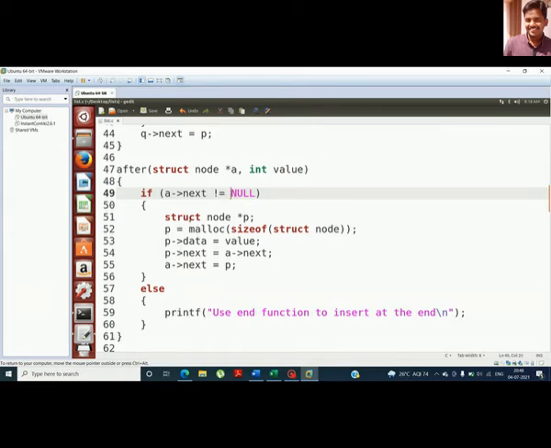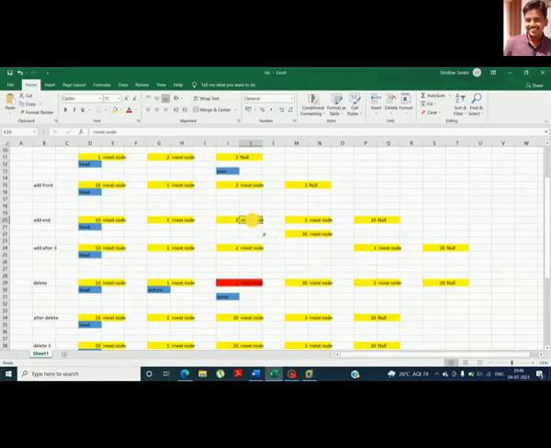What I'm doing is creating a node there and adding the value. Here p of next should contain the address of the next node. How will I get the address of the next node? The address of the next node is a of next. A of next is this address.